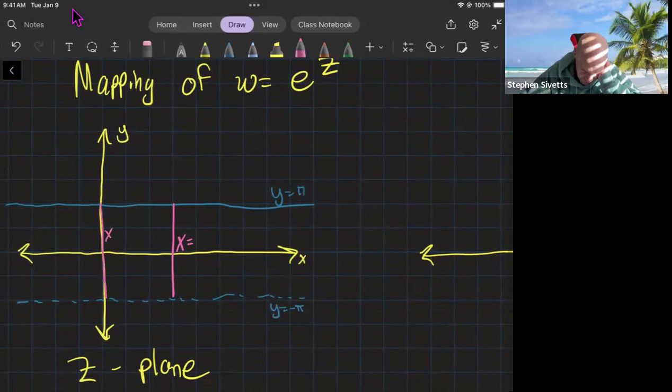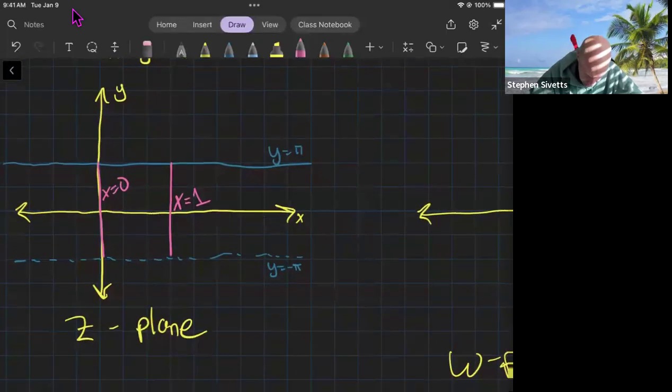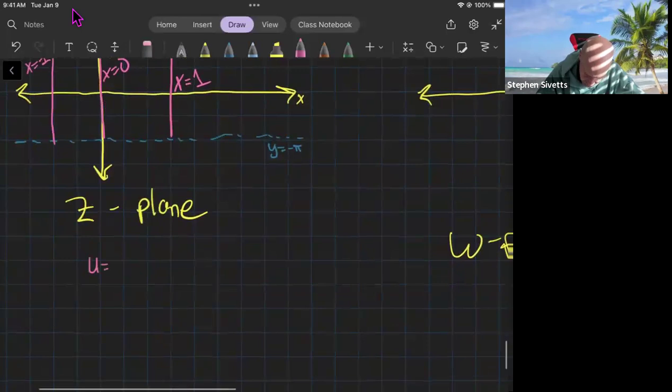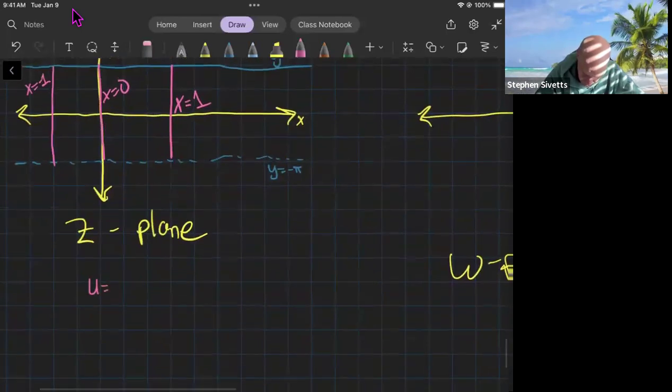So say, let's start off with x equals 0. And I'll do x equals 1. And I'll do x equals minus 1. So if x is 0, what that means is the y is varied and the x